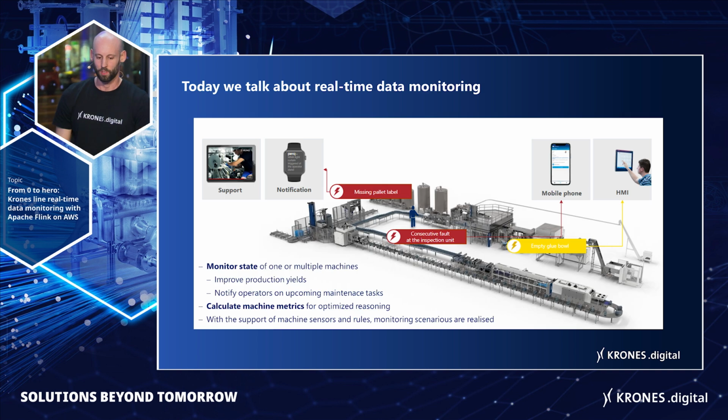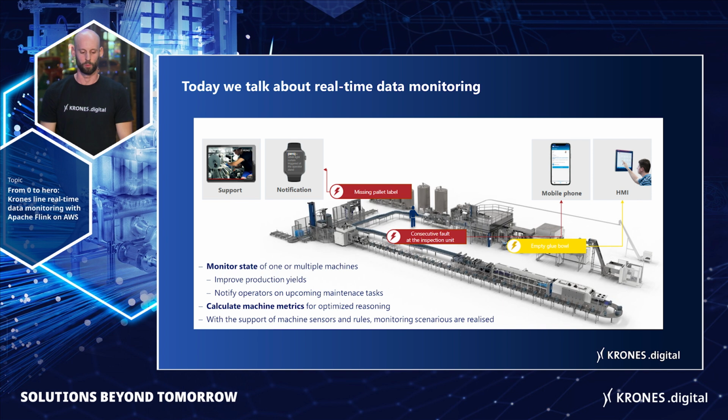One of those areas is real-time data monitoring. You have probably seen it in the title. What we wanted to do as Krones is, you have to imagine we are producing a lot of bottles in a short time range, so there is a potential for a lot of failures. We need to monitor those and improve the production yield. The problem is, whenever there is a problem and the production gets stalled, the overall yield decreases, and we need to get in front of that and detect everything earlier, before it actually happens,